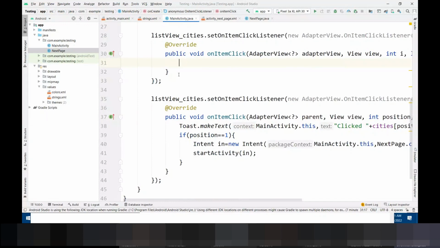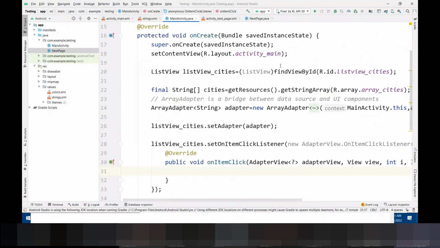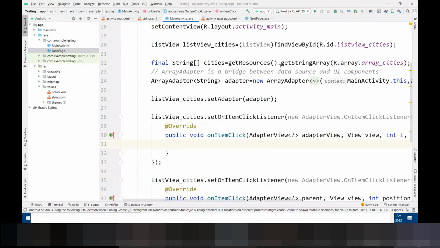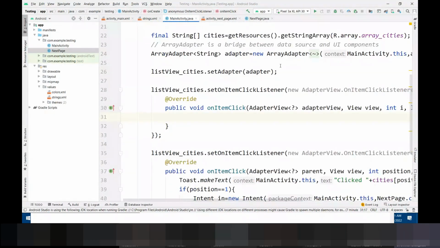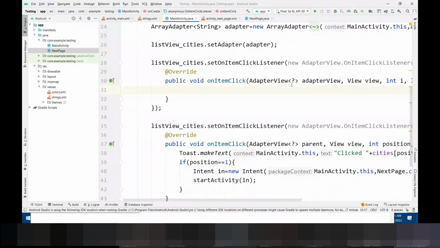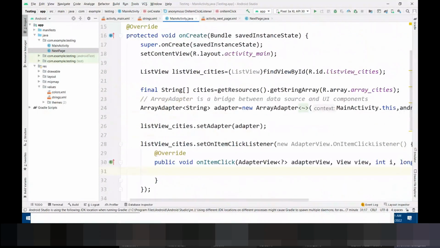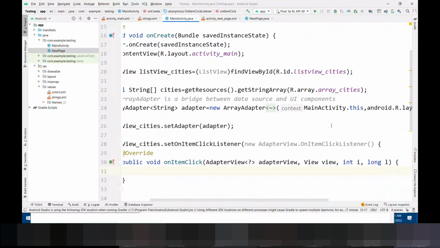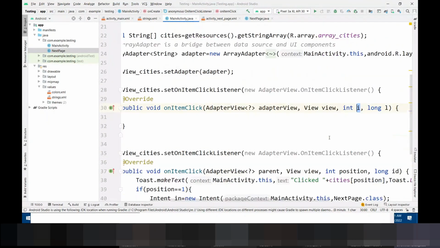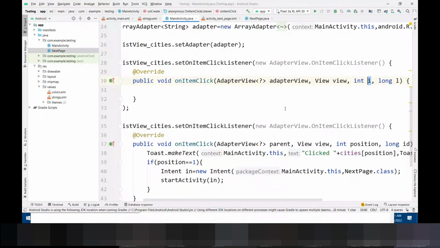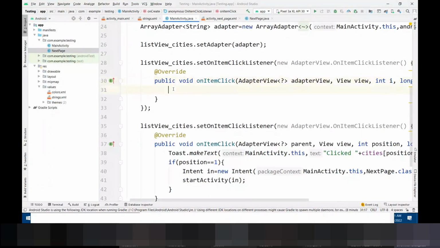Right now, when we type this one, the thing is that to make the program understandable, instead of I, I mentioned it as a position. So if you want, you can keep that one, no issues. Let it be there only. Yeah. Now, the moment you click on any item, this particular function will be activated and